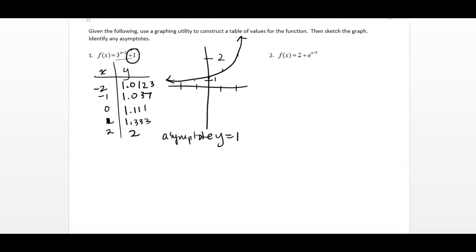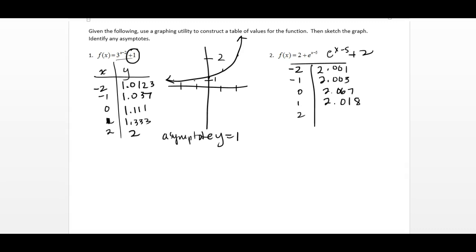So this one, if you wanted to, you could rearrange this so it looks a little more friendly: e to the x minus 5 power plus 2. Use your calculator to generate your values for your table. When you do, I get these values: 2.001, 2.003, 2.007, 2.018, and 2.049. Now, when I graph this,